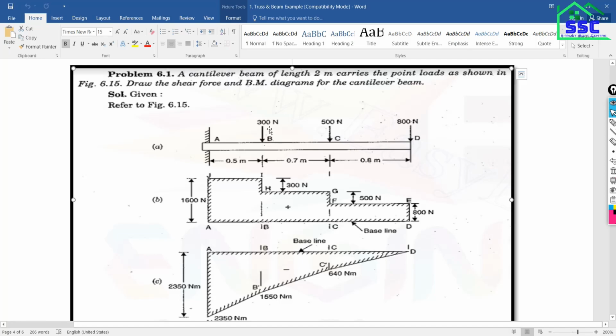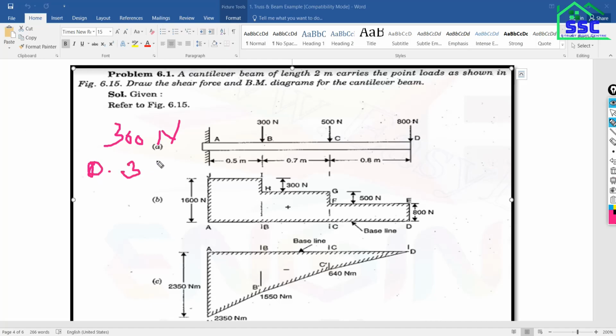We actually have to assign the load in kilonewton, so 300 newton in kilonewton will become 0.3 kilonewton. Likewise, the next will become 0.5 kilonewton, and the next 0.8 kilonewton. So put all these loads in ETABS.